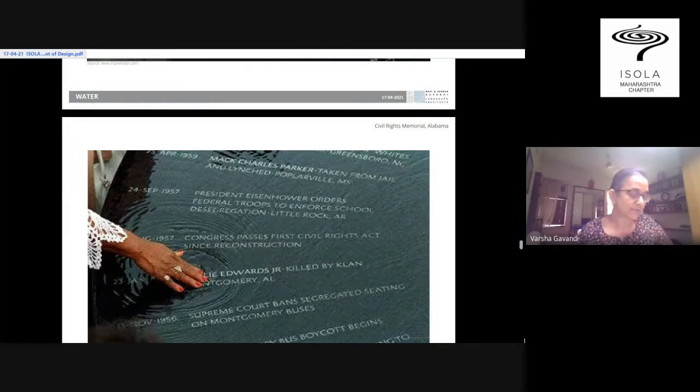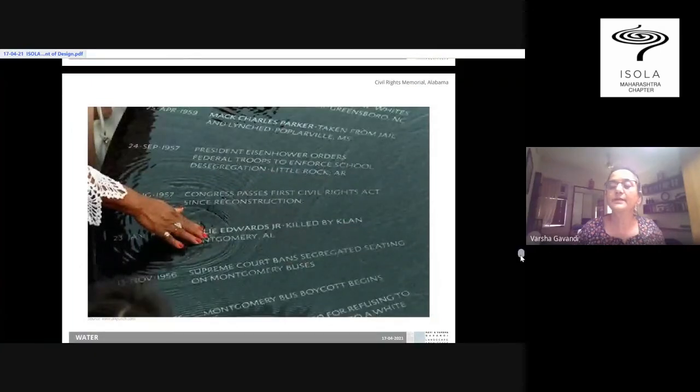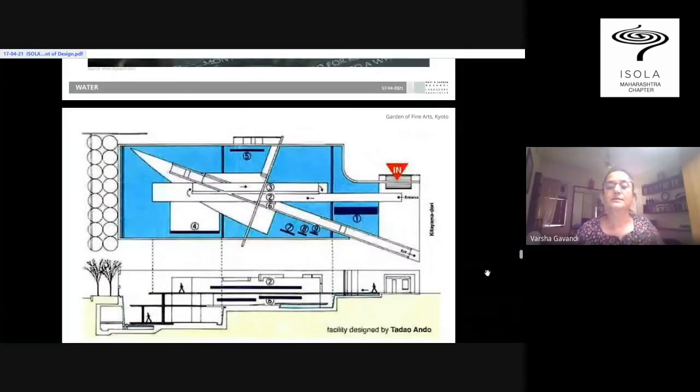The controlled power of water moving over granite conveys invincibility. There is another interesting statement by Maya Lin about her experience at this memorial. She says that one of the martyrs' mothers was touching his name beneath the water and crying. And I realized that tears were becoming part of the memorial. So, very, very sensitive use of water. Water doesn't have to be always playful, but with very little, very thoughtful intervention, one can use water in a very, very effective manner.